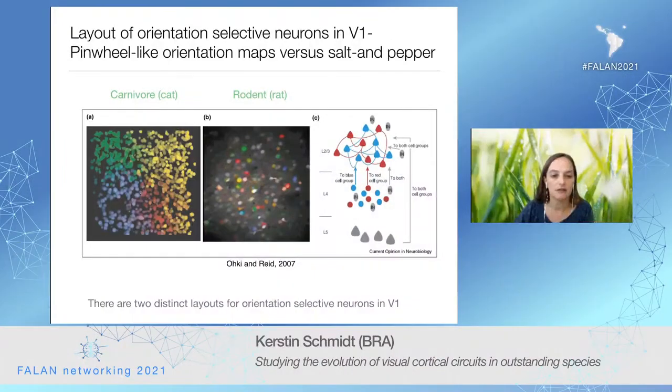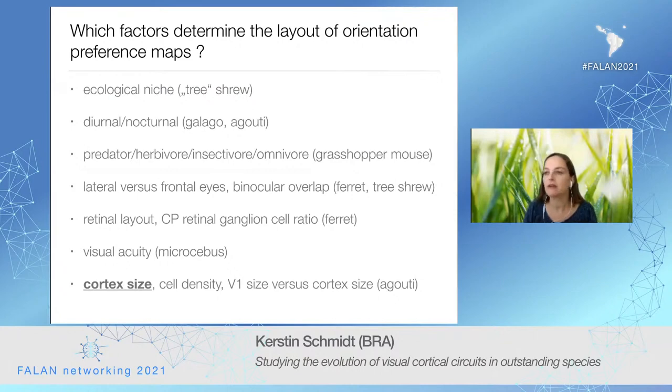And what you see here is that the cats show pinwheel-like patterns. Also, if you zoom into a pinwheel, they have very orientation selective neurons in the center of the pinwheels. But if you look at the rodent visual cortex, it's not that the neurons are not orientation selective, but they don't form these pinwheel-like maps. They rather form something which got the name salt and pepper design. So to date, there are two distinct layouts of orientation selectivity we know of, the salt and pepper layout and